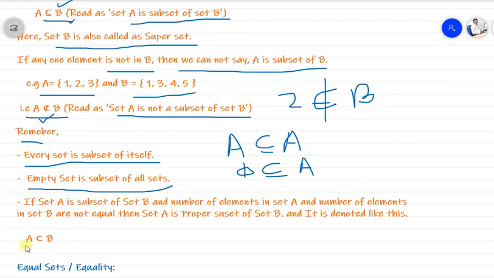That means A is a proper subset of set B, and this is the symbol. We are not using the line under it here, and this becomes a proper subset. So this becomes the subset concept. We'll see the next types in the next video. Okay, we'll stop here. Thanks for watching this video.